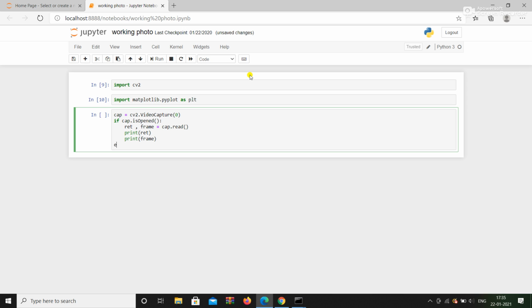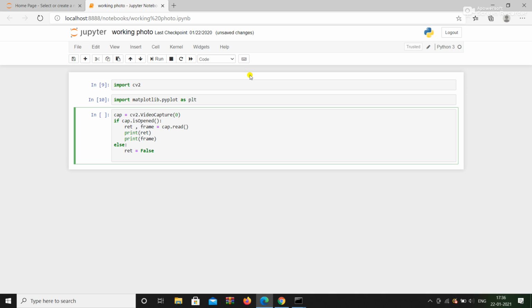Or else ret equals False. In False, F is capital, as it is a predefined Python keyword. Then you can write anything you like.